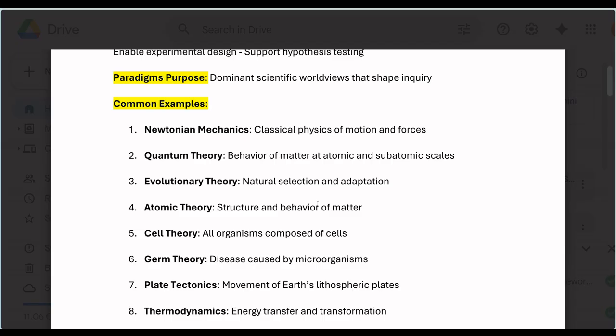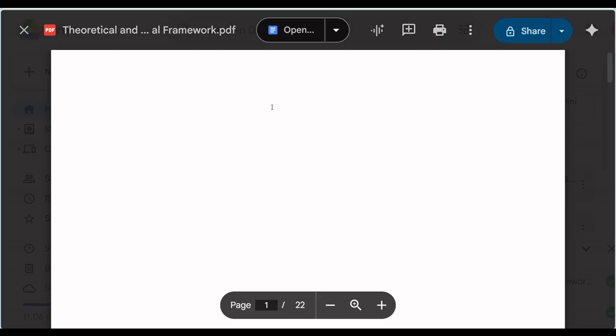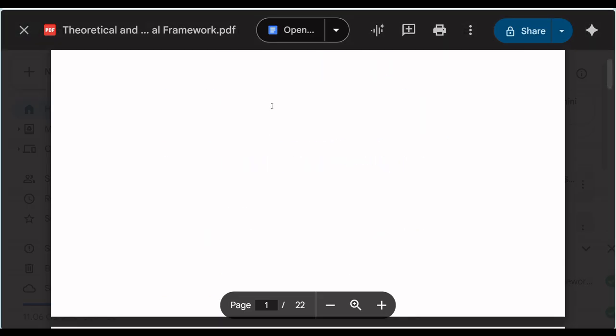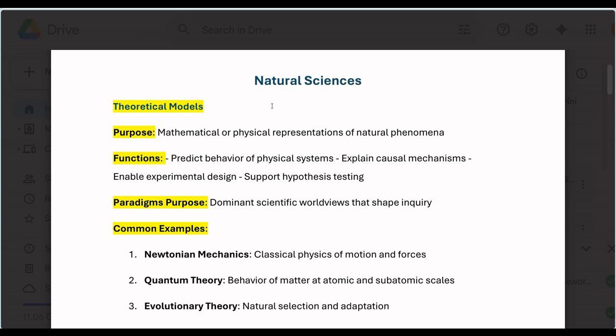So basically, when you adopt a theory in a study, what you want to do is, let me share my screen. Apologies. So what you want to do basically is to use that theory to understand what you want to do, to answer questions, to explain a situation, and of course to ground your work also.